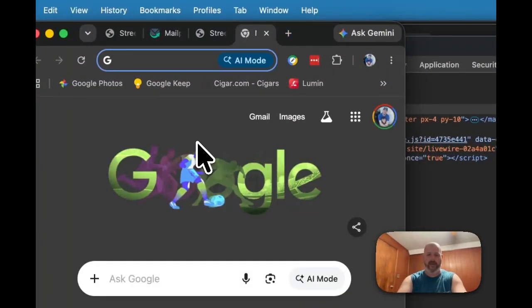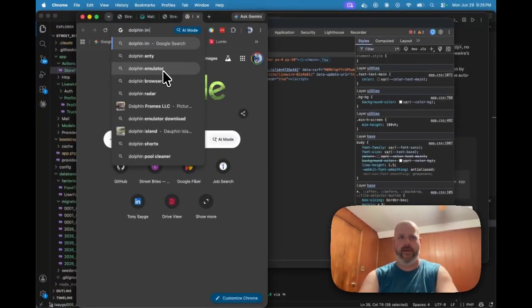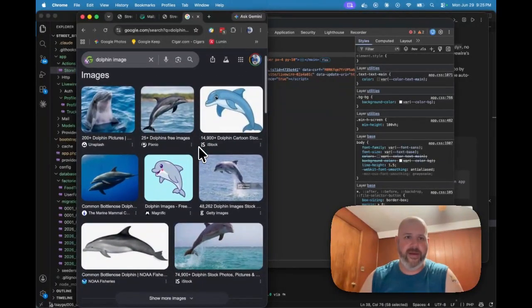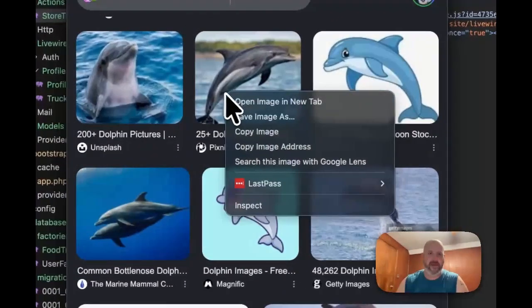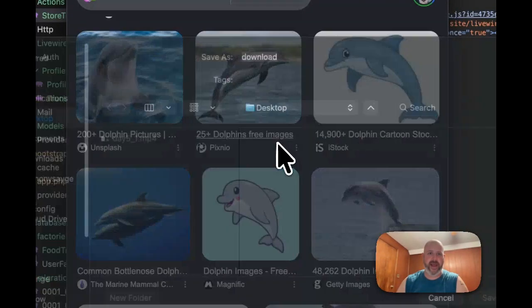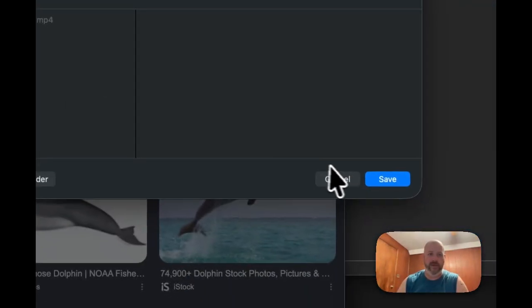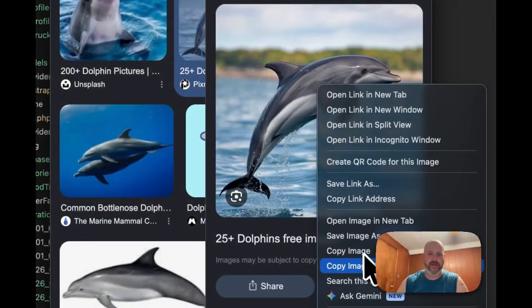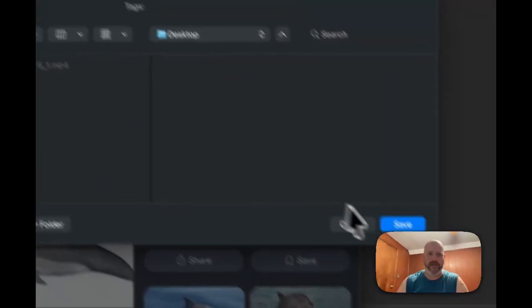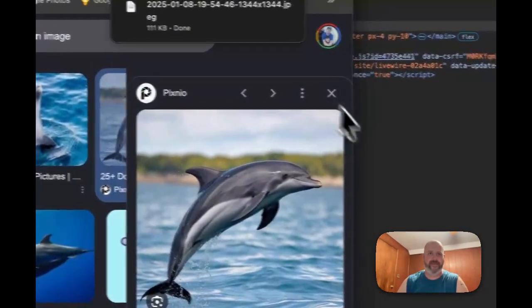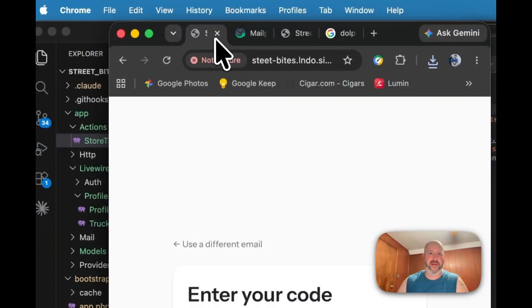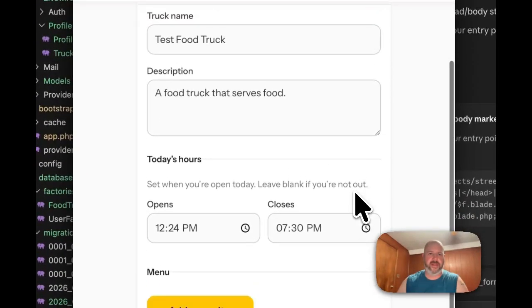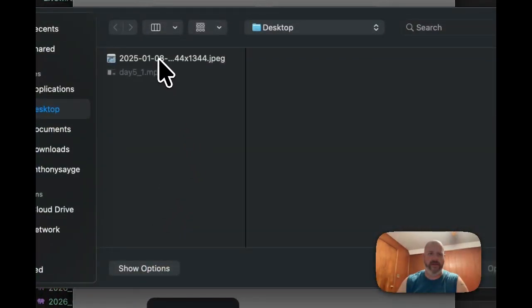So I have a favorite testing image because it's totally obnoxious and not at all related to actual trucks. So I'm going to save this image as whatever and see if that will upload. Oop, I've got too many windows. Okay, let's upload an image. That image,